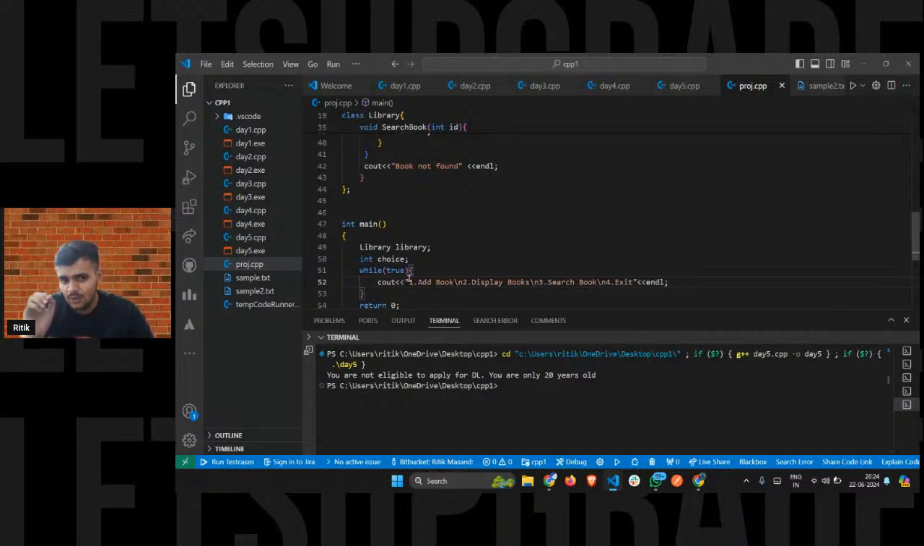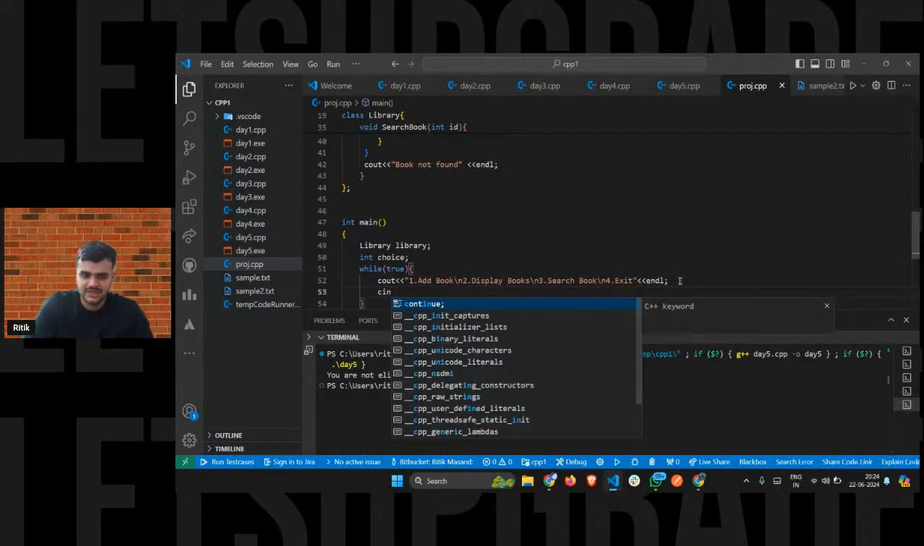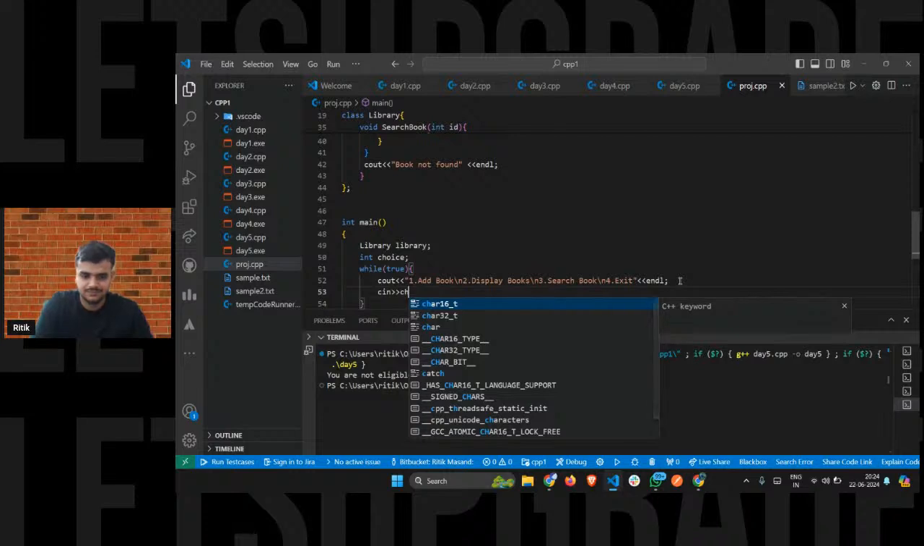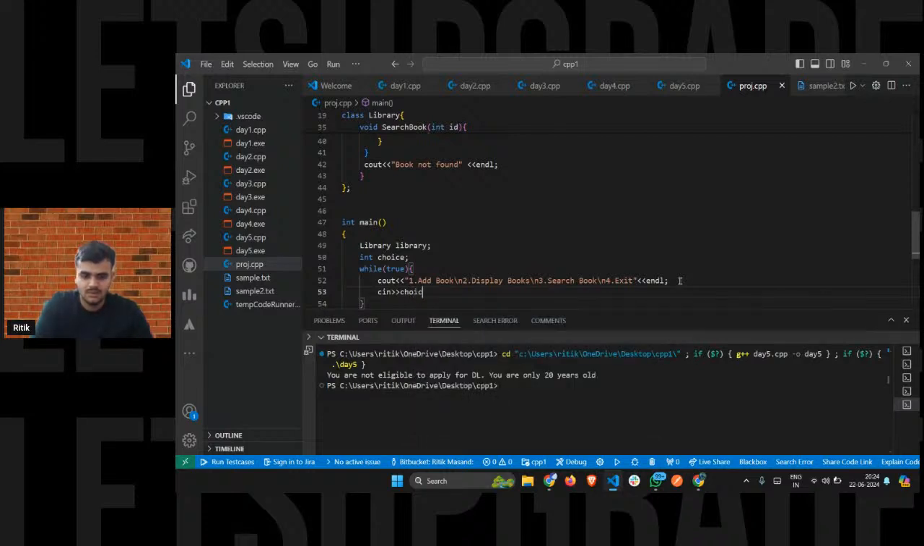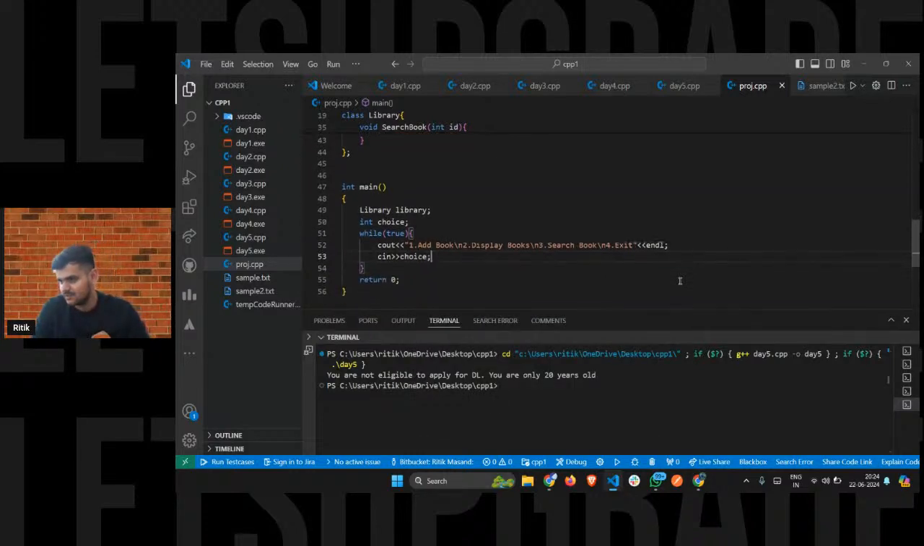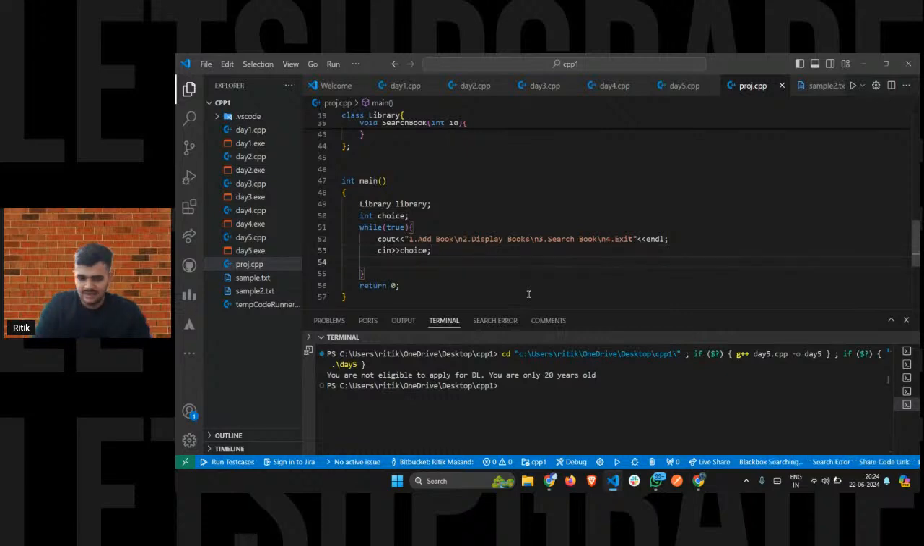Now this is saying that if you enter 1, you can add a book. If you enter 2, you can display a book. If you enter 3, you can search a book. Right? 3 options. Now I'll tell the user to enter a choice. I'll say cin choice. Now, as said, I'll say if your choice is 1,